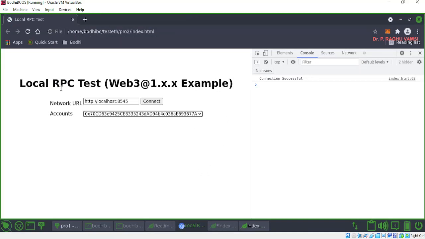Actually, the overall summary of this program is: if you have an older module like 0.19.0 or other modules older than the 1.0 version, how do you make it compatible with the browser?